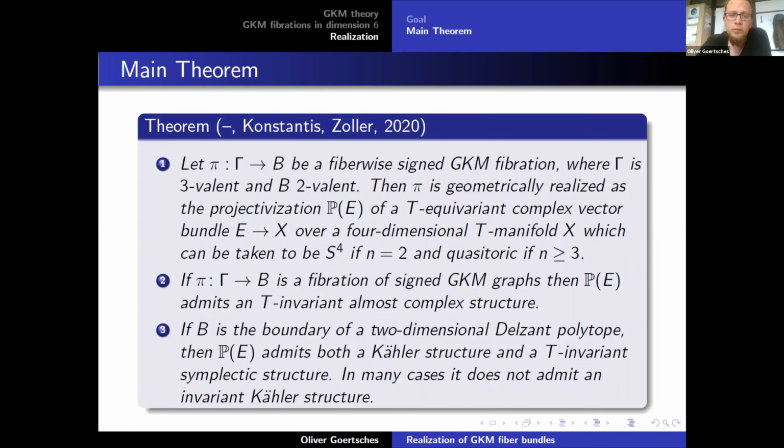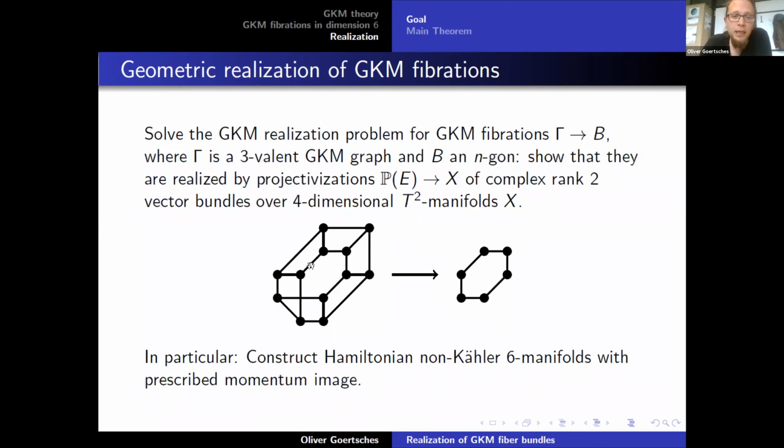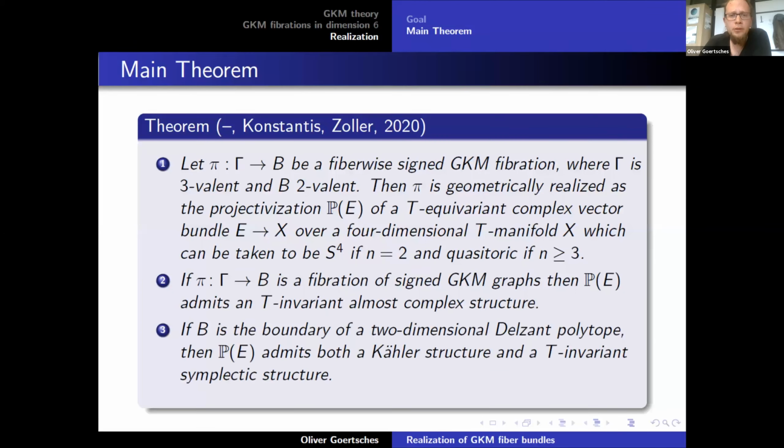Yes, so what does many cases mean? Many cases means essentially that the base graph does not have 4 vertices, and that the total space, when I realize it, so when I look at these pictures here as before, I have as many interior vertices as possible. And so this is an example where this most cases applies. Okay, so I have one more slide about the proof, but maybe I'll just say orally in 2 words how the proof works.